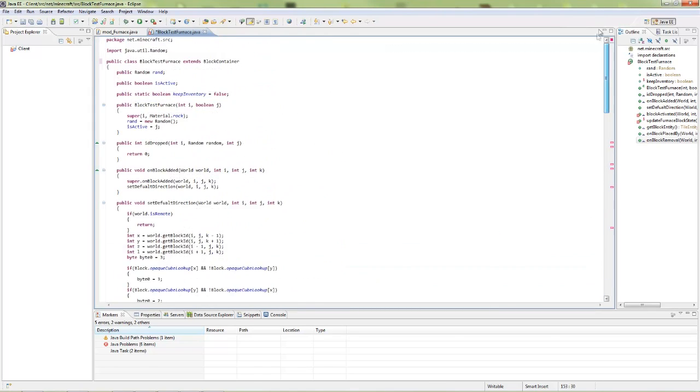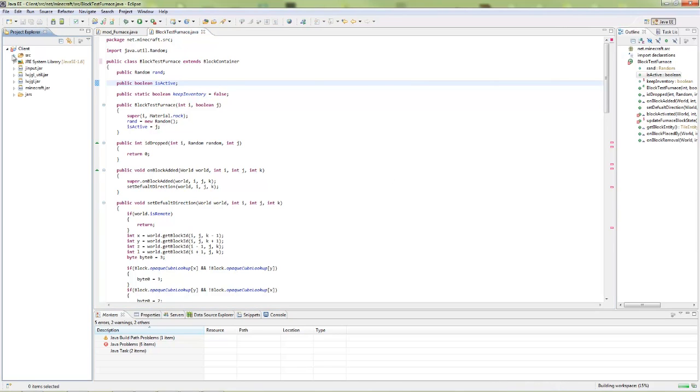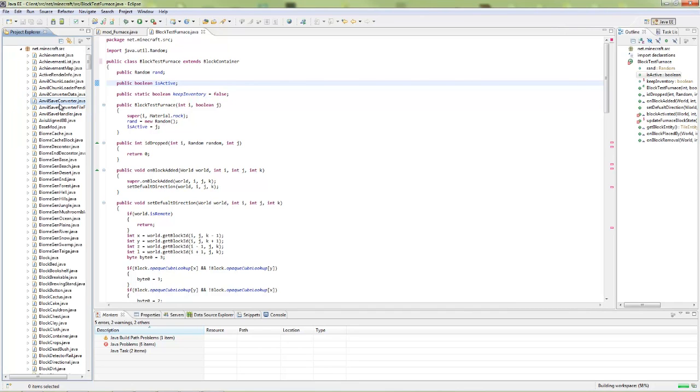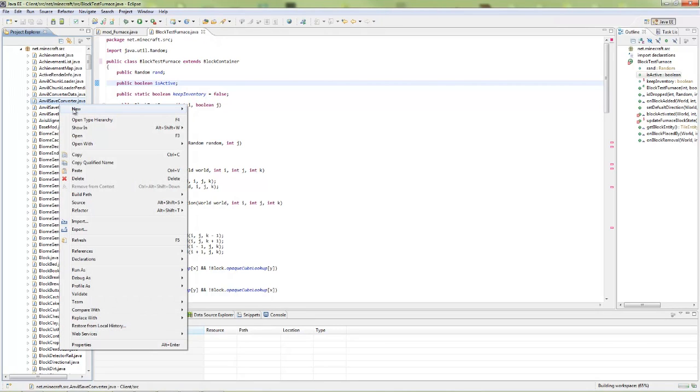As you can see, we do have some errors because we haven't created all our classes yet, but we can go ahead and save that, and then we will be heading into the next class, which is going to be, we're going to make the tile entity class next. Right, so what we want to do is when my Eclipse sees